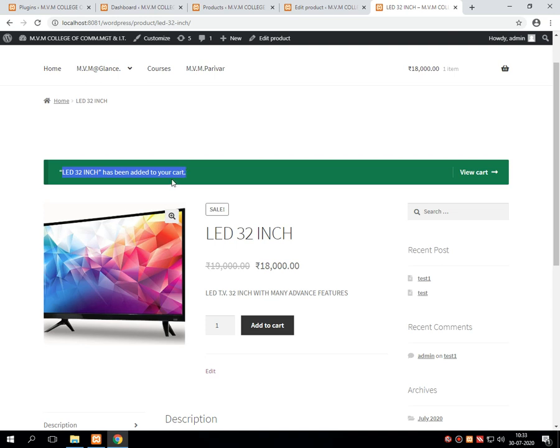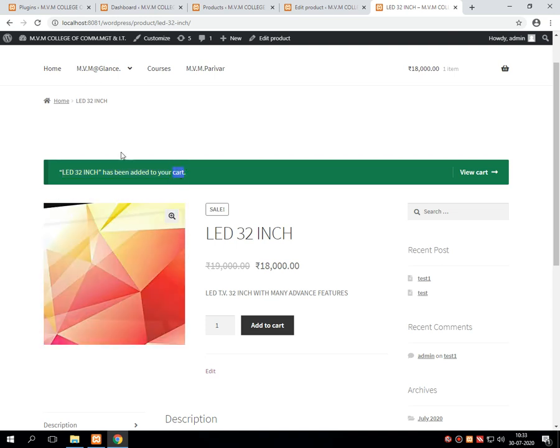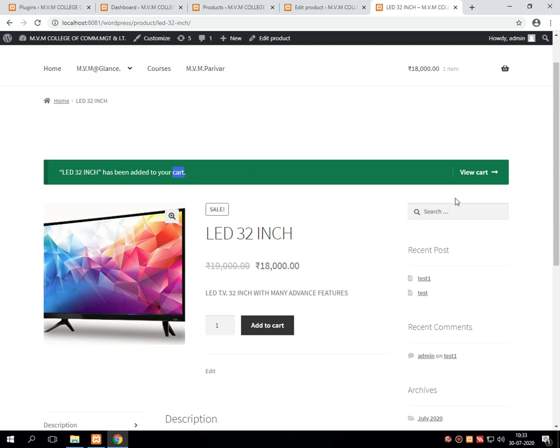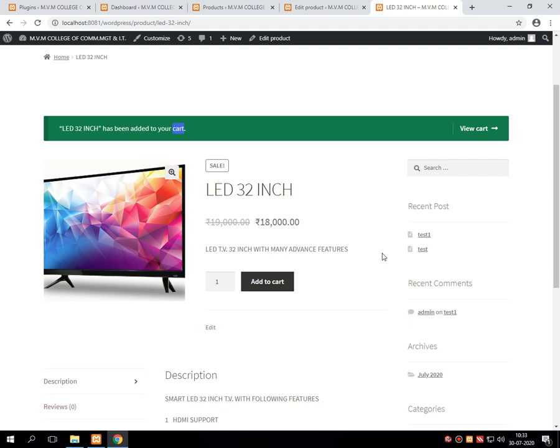So here we are discussing the cart. This product is added into the cart. Suppose you want to purchase another item, then you can continue your shopping experience in the shop. But I don't want to add more items. I just want to make a bill of this particular item, so I am clicking on view cart.